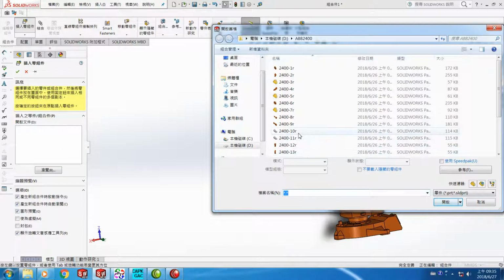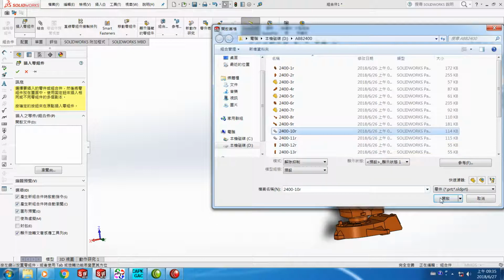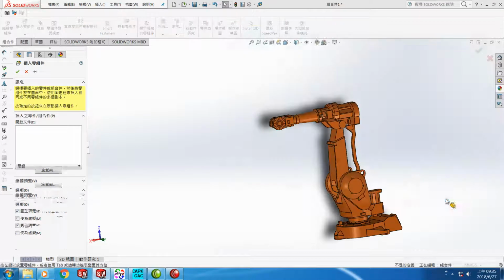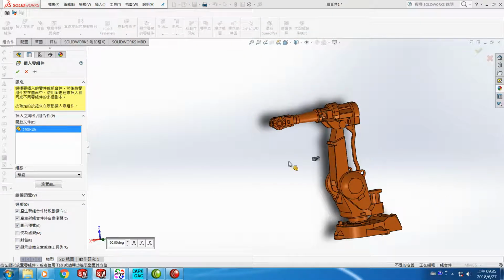Whether you forget them or not depends on the user, because -10 is the ABB character